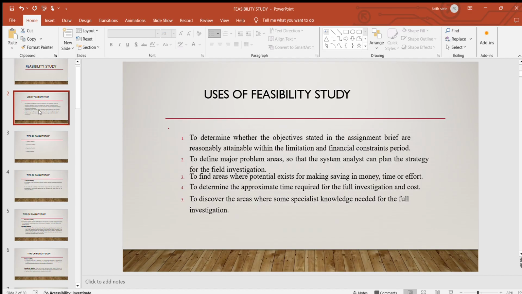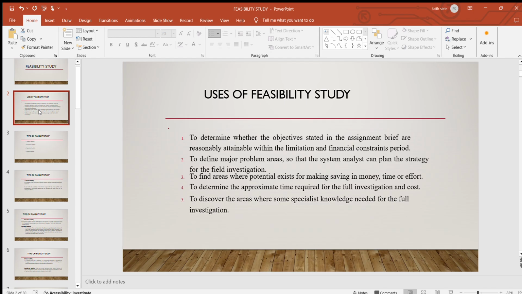So we also have uses of feasibility study, just to mention a few of them. The first one is to determine whether the objectives which are stated in the assignment brief are reasonably attainable within the limitation and financial constraints period. And then also